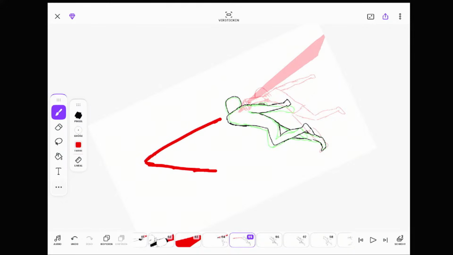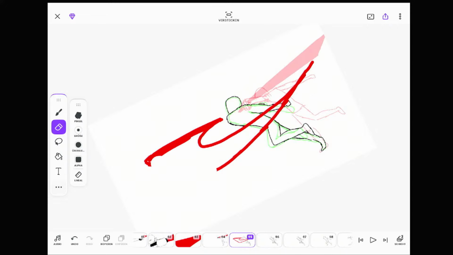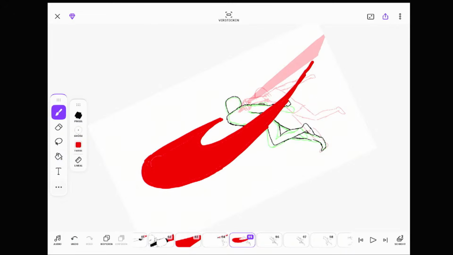Imagine that there's a saber. Maybe like that.